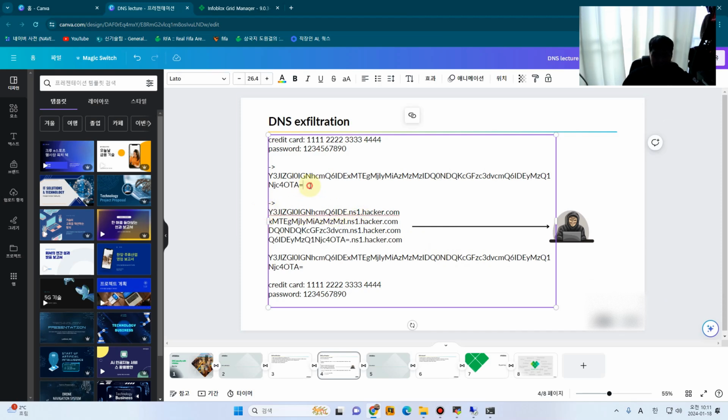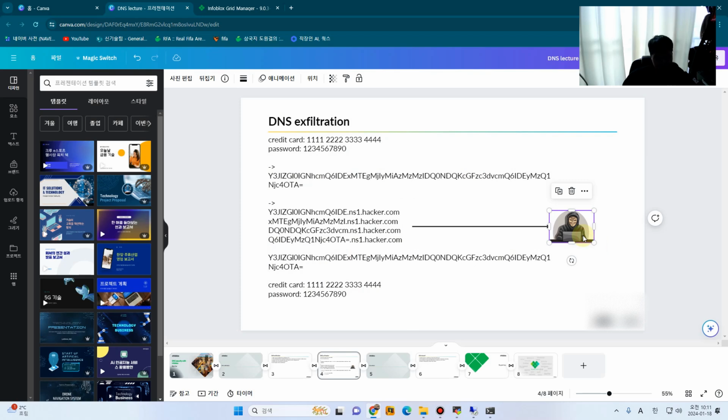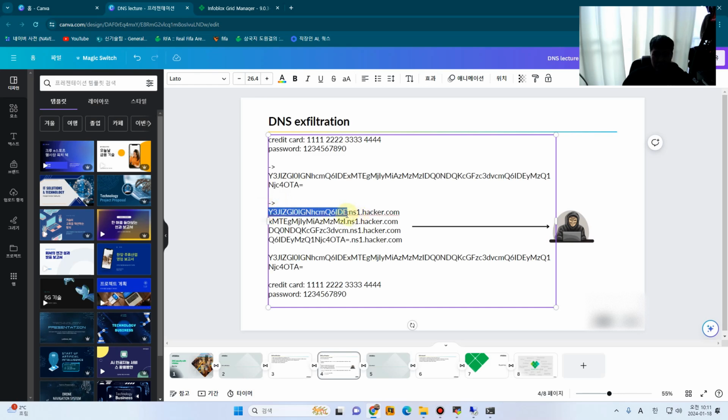So I divided this encoded file like this, and if in the end I add ns1.hacker.com, which is the hacker's name server, then this query will be sent to the hacker's DNS server, right? And the hacker can see this very small piece of encoded text. Suppose the credit card information is divided into 100 pieces of base 64,